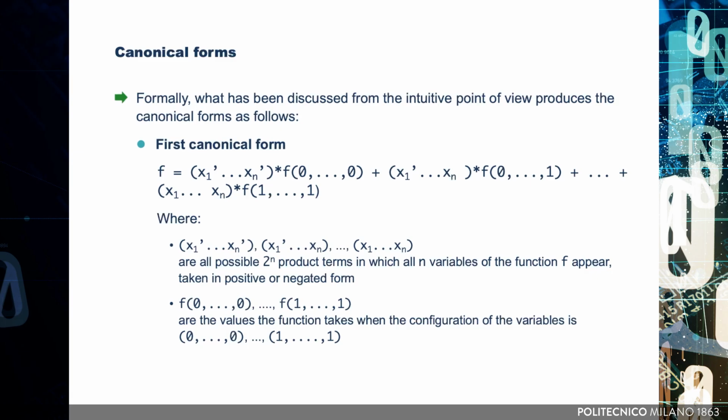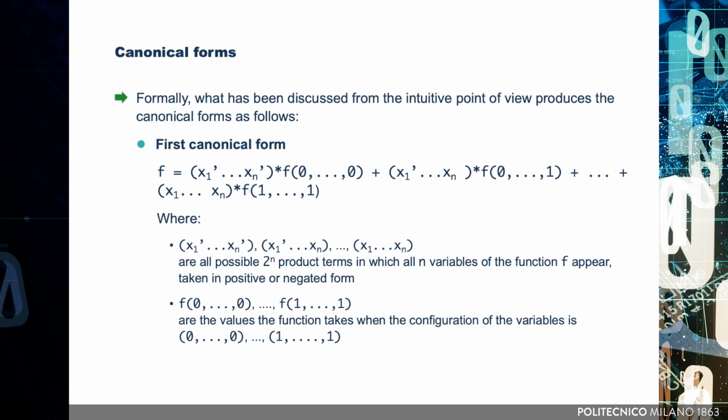The second term is obtained by multiplying the product term formed by all the variables of the function taken in their negated form, except for the last one, which is taken in its positive form, and the value of the function for the input combination consisting of all zeros, except for the last one, for which the value 1 is specified. Then we proceed in this way, forming all the possible 2 to the power of n product terms,